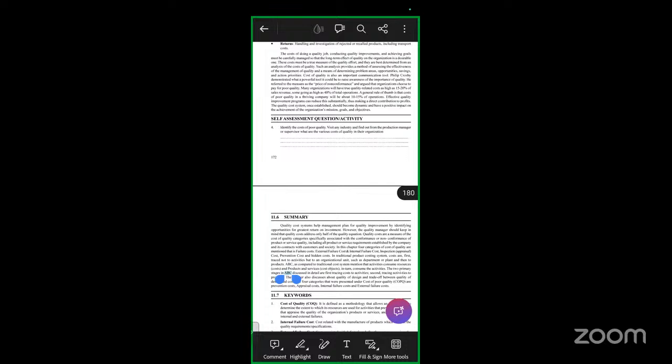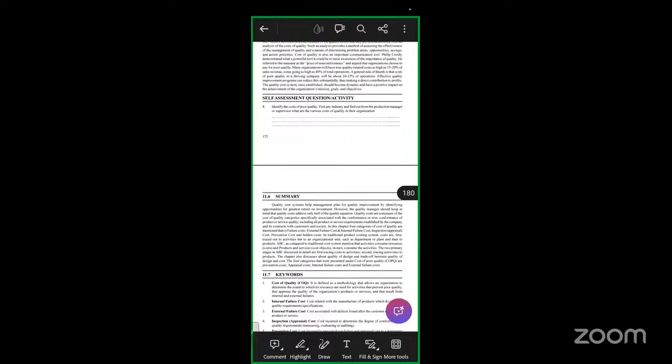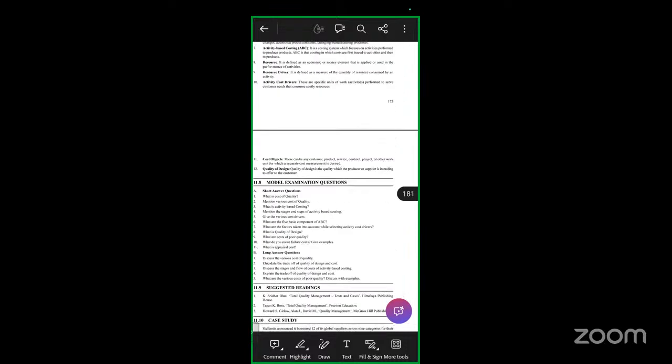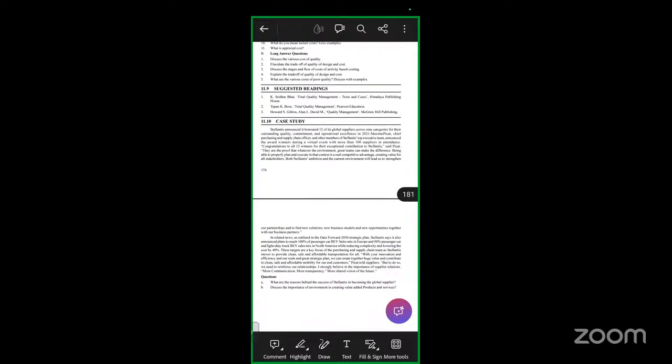Each and every unit has one case study. Please go through the case study so that you can understand what is going to happen. And also